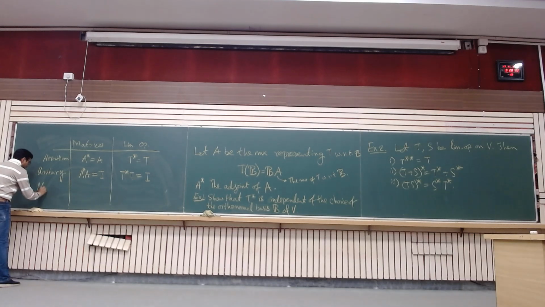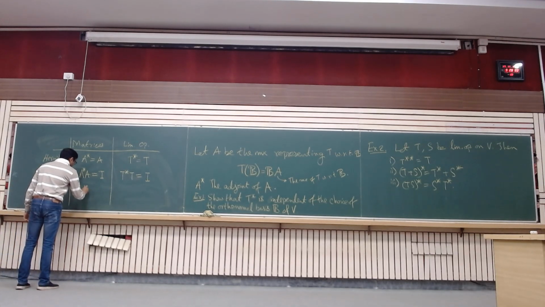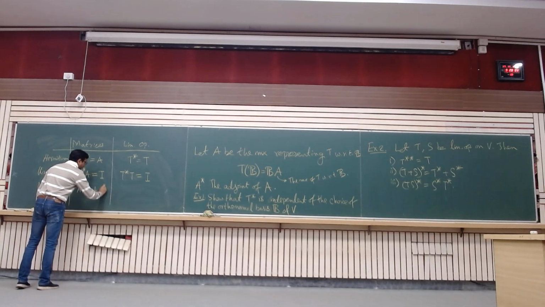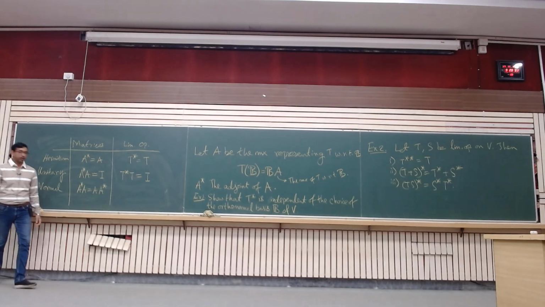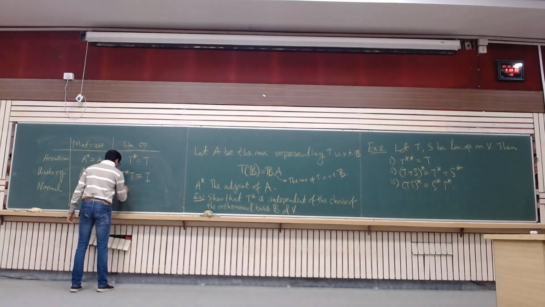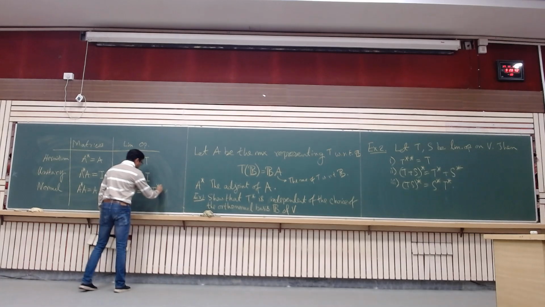And then something called a normal operator, which actually is a generalization of both of these. That is, for a matrix, A star A is equal to A A star. The matrices which commute with their adjoint would be called normal matrices. And similarly, the operators T which satisfy T star T equals T T star would be called